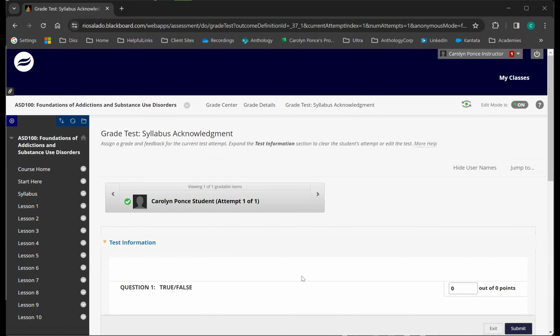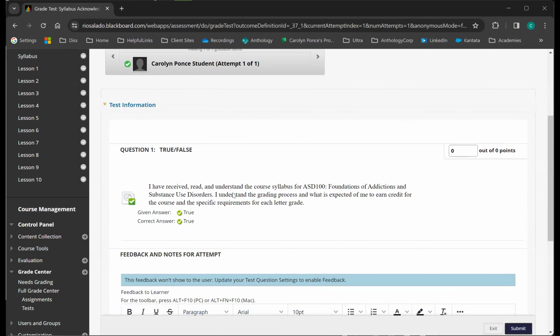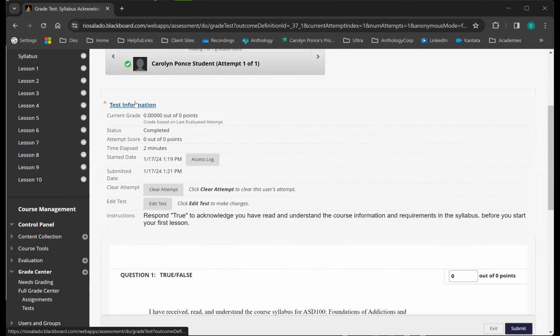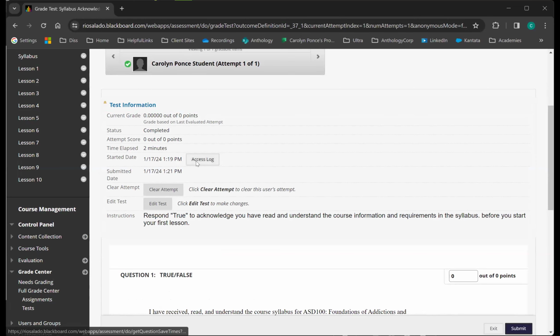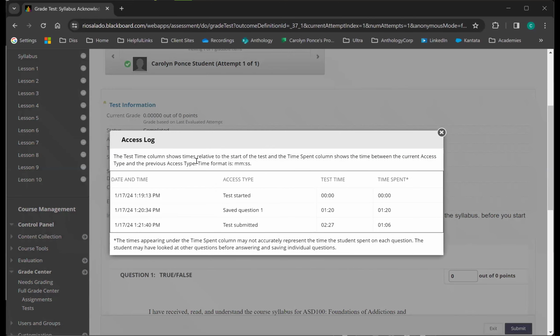That will open the students' submissions. You can expand out the test information and see their start and submitted date and how much time it took. If there are multiple questions, you can access the log and see how long they spent on each individual question.